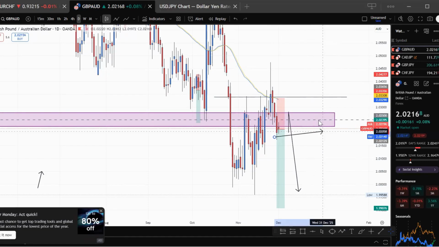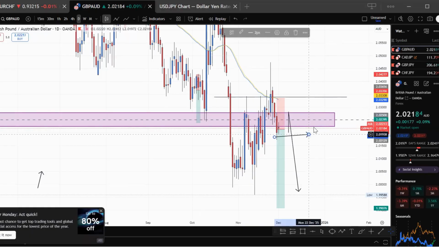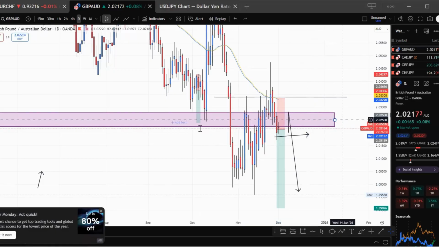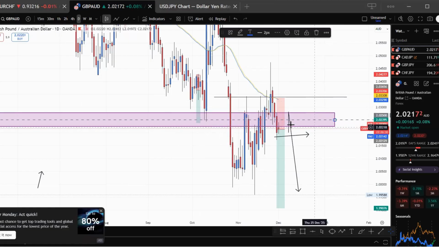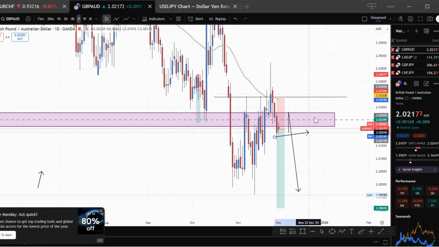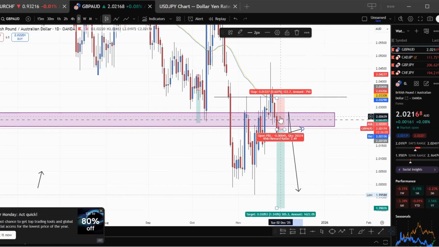So tap into this box, we test it alongside the psychological level of 202,500. So this is the 202,500. This is my area of interest. So this is what I'm waiting for price to do in this pair, to just pull back to this area of interest, tap it alongside the psychological level, and give me a bearish candlestick from this daily time frame. This is where I'll be going down to